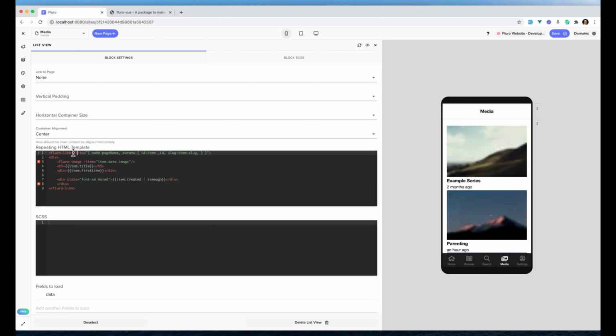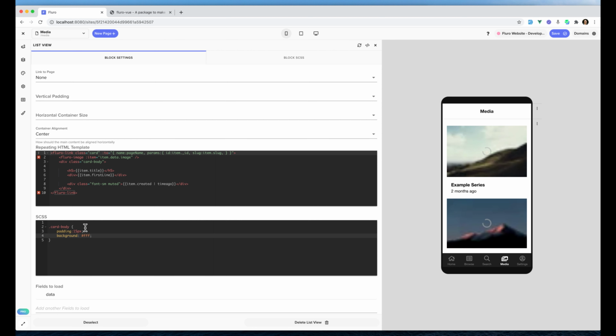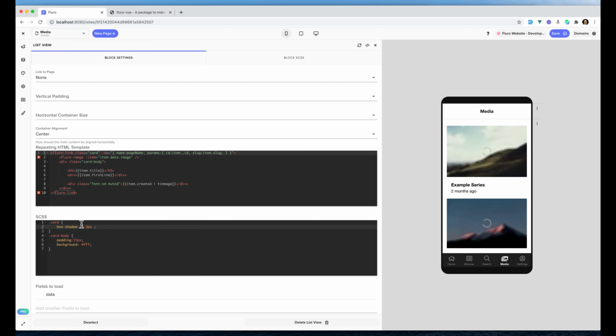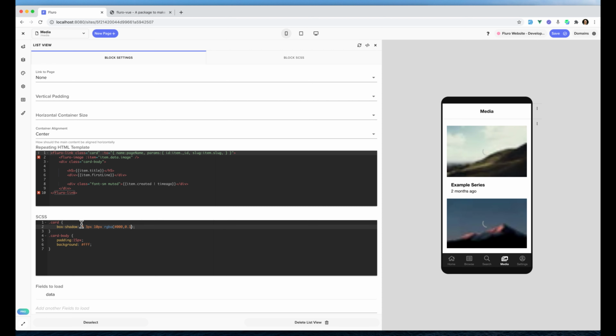So I'll add a class to this. We'll call it card. This can be class card body, and maybe we'll just put the image up above there, and we'll just do card body in our Sass. Padding can be 15 pixels. Background can be white. And for our card, we might just add a box shadow on that with 3 pixels, maybe 10 pixels, and just a black with a little bit of